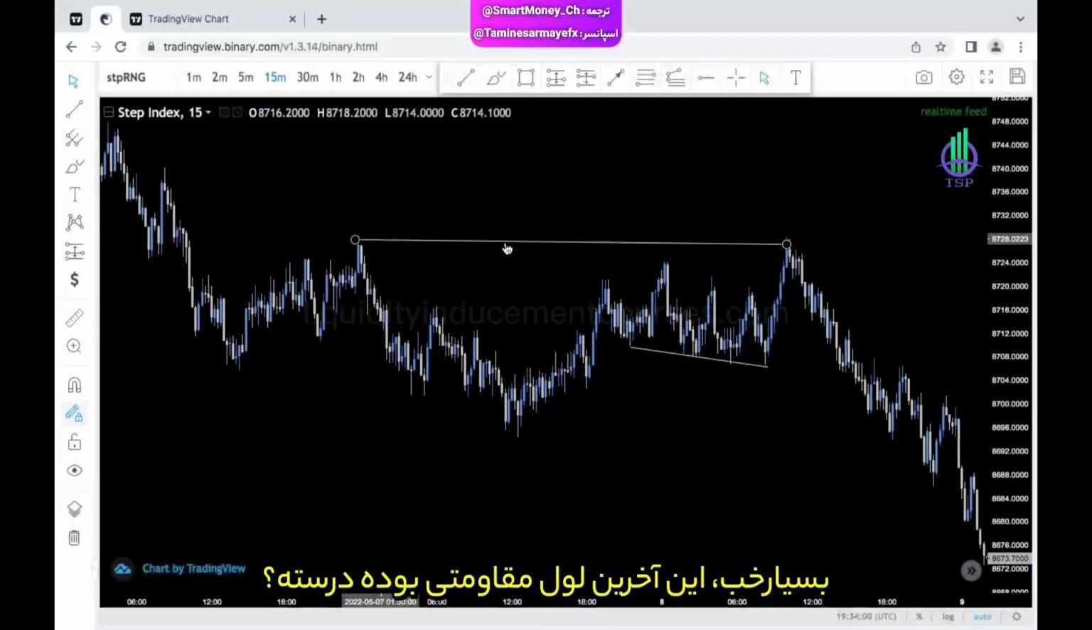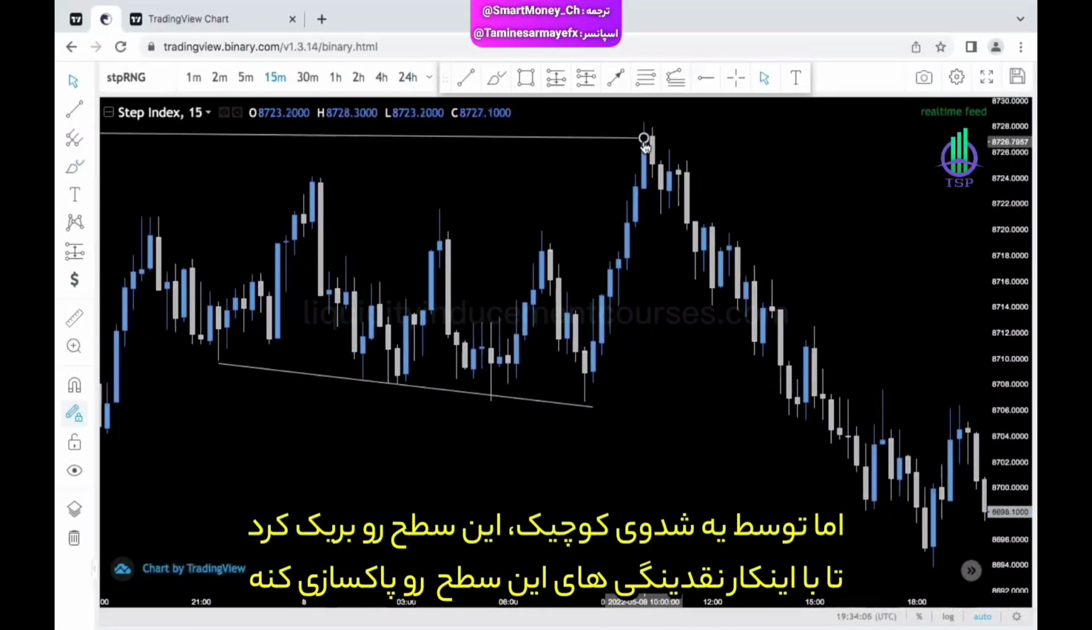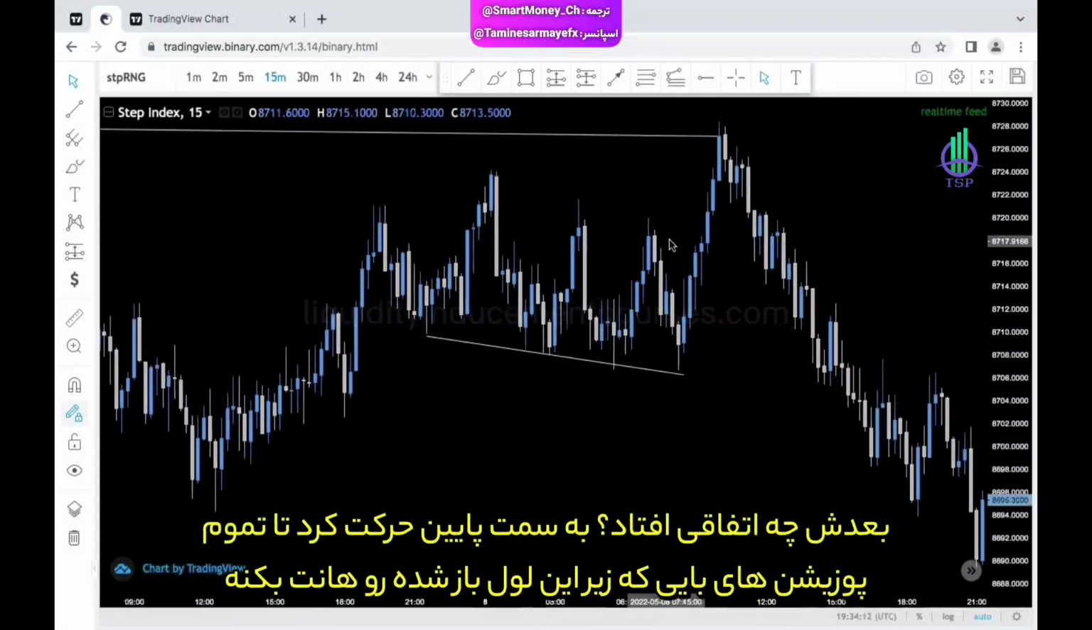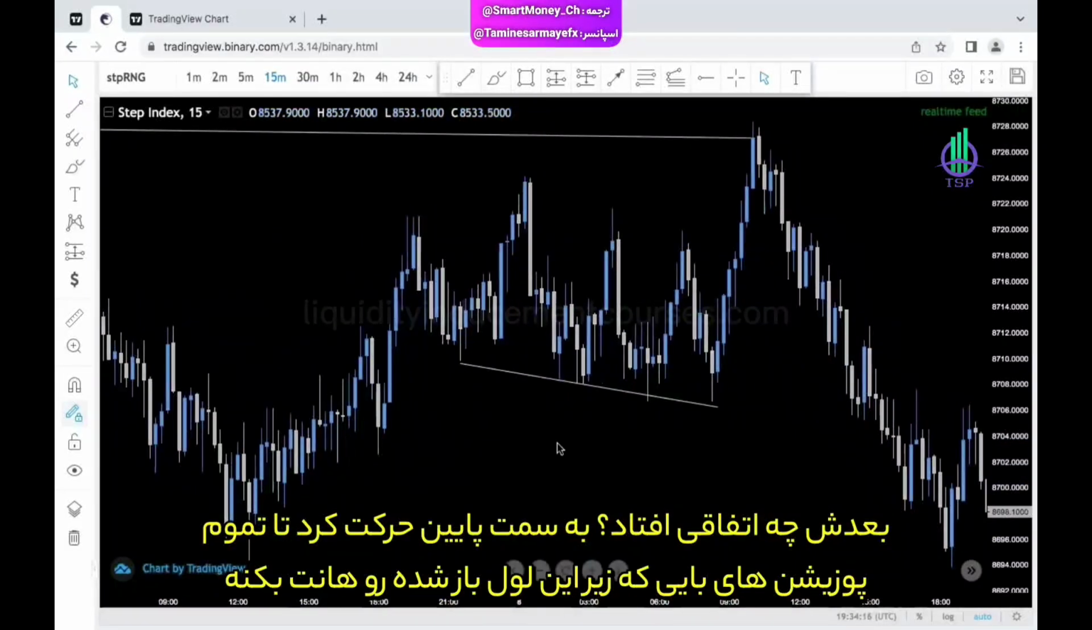So this was our last point of resistance, right? Which could have acted as resistance for sellers. But then by a few weeks, we just violated it. So make sure that we take out positions on that level, absorb liquidity. And what did we do? We continued downward to take out all of the buy positions that we had below this level for people who